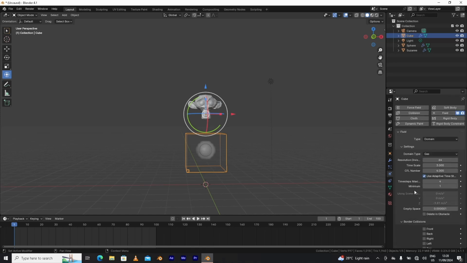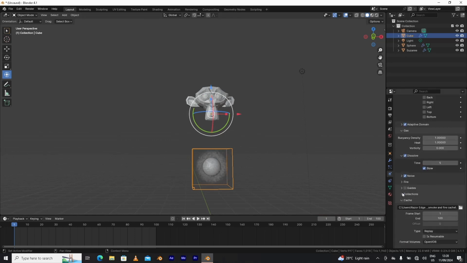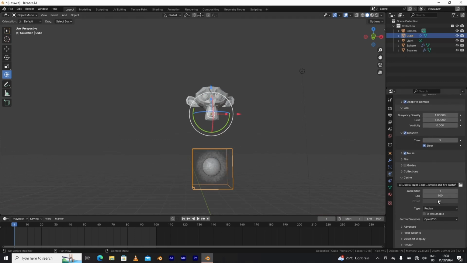Now if you really want to increase the resolution, you just come in here and click on change the resolution division from 64 to 256, which is the best to get the most realistic result, but for the sake of the tutorial we can do 128. Click on 128. All right, I don't want to take so much, so you can see it changes a little bit, and you come in here and we're going to simulate a little bit, but we'll change this from replay to all,